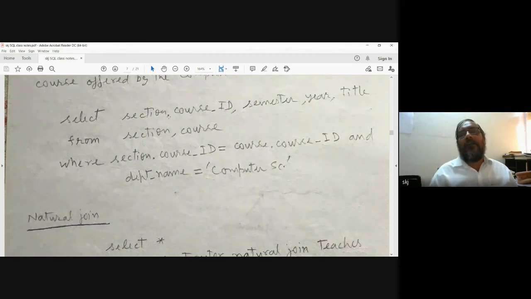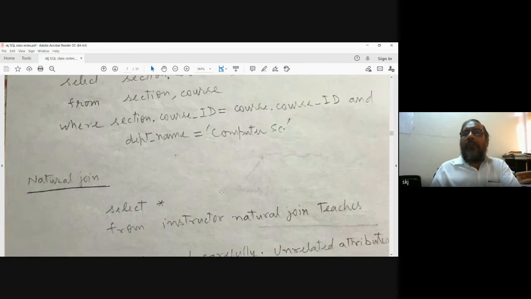This kind of operator notation is also used. Then semester, year, title, from section, course, where section dot course ID equals course dot course ID. That means course is another table, and the department name is computer science.